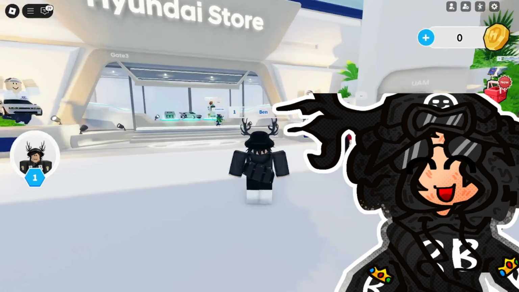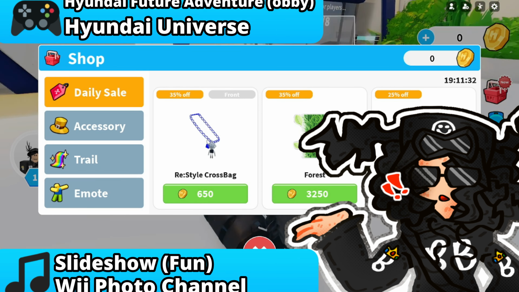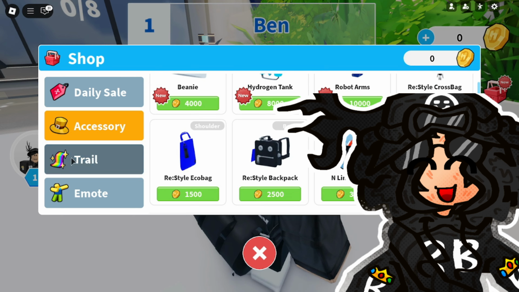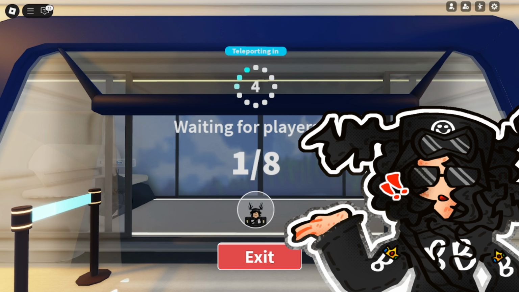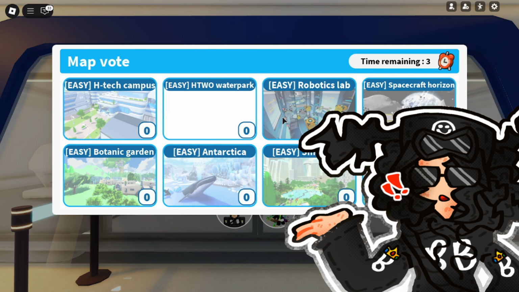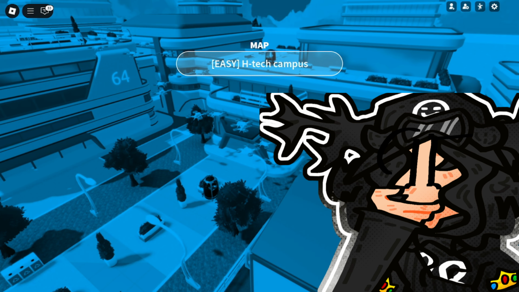Next up on the list is Hyundai Future Adventure. Naturally, the first thing I did was check the shop, only to realize I was broke. So with no funds to my name, I jumped straight into a game. Right before the round started, another player joined in, making it a 2-player adventure. I had no idea which map to pick, but my teammate went with High Tech Campus, so I just rolled